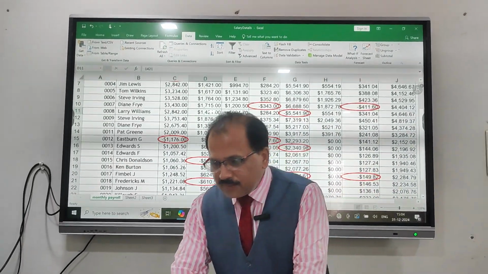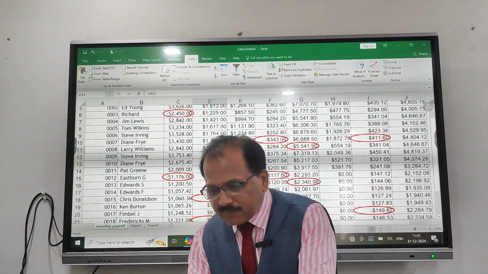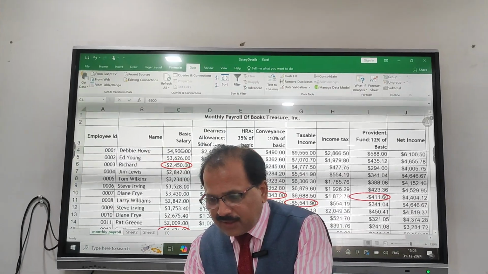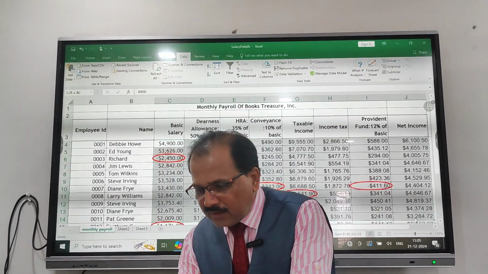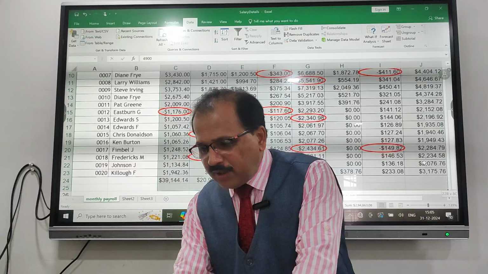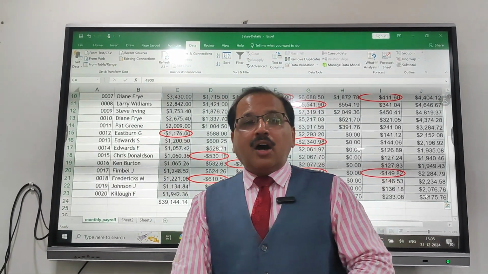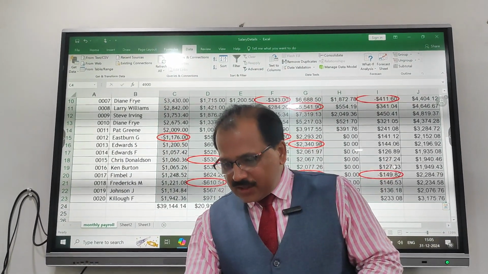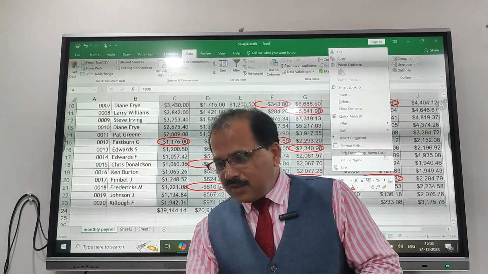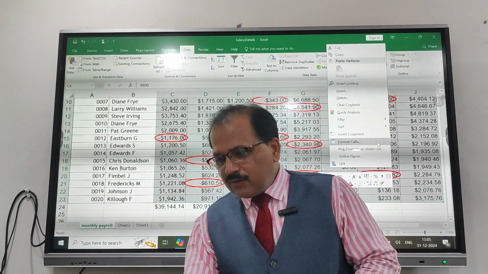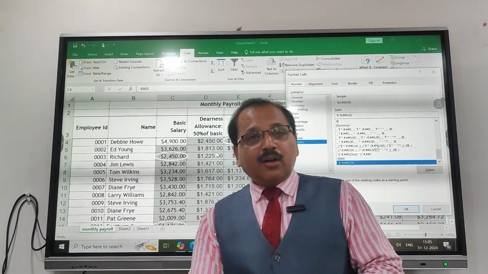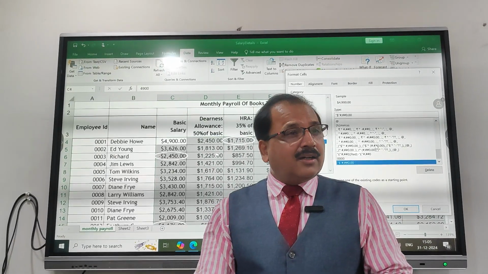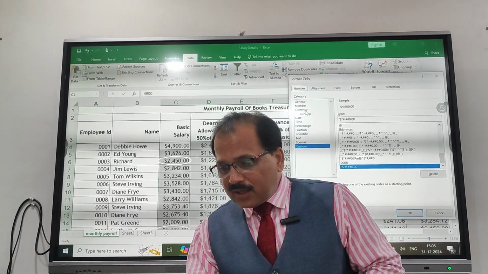So what we can do is, we can select the data like this, and after selecting the data, we have to format the cell. How can we format the cell? Just do a right click on the cell and select format cells. Within format cells, it is currency related data, so I'll be selecting currency,